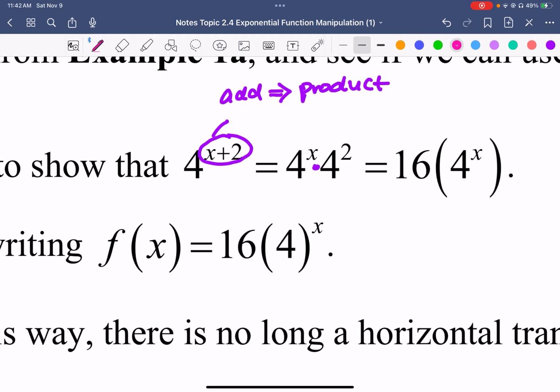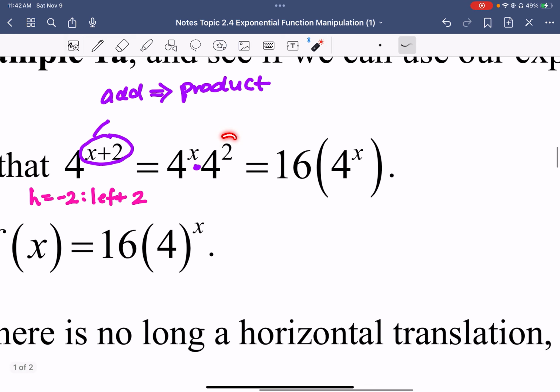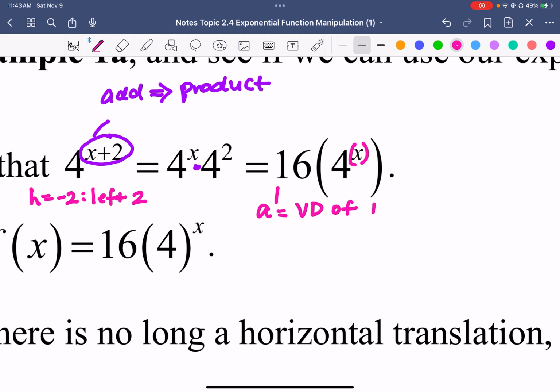Now remember from example 1, we said that this one had an h value of -2 and it was going to the left 2 units. But when I simplify, we have 4 to the power of x times 4 squared. We know that 4 squared is equal to 16. So now we end up with 16 times 4 to the power of x. But this x is by itself, so there is no horizontal transformation. When you multiply outside, that is the letter a, which represents a vertical dilation by a factor of